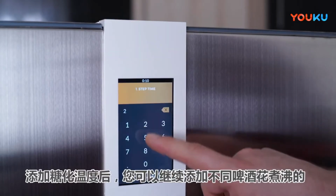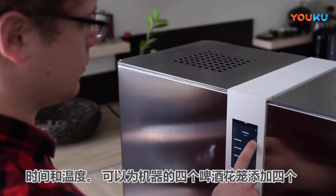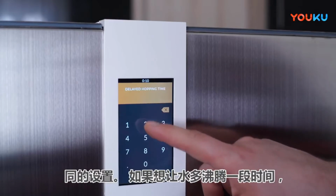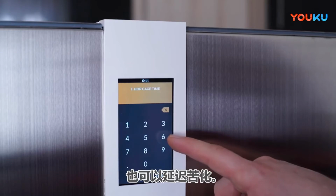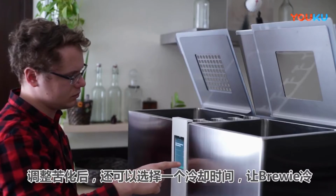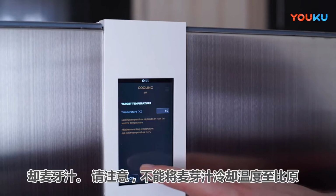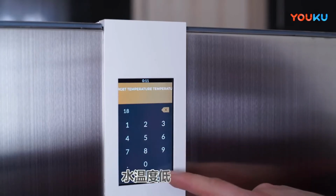After adding the mashing temperatures, you can carry on and add the length of boiling with different hops. You can add 4 different settings for the 4 hop cages of the machine. You can also delay hopping if you wish to keep the water boiling for some time. Once hopping is adjusted, you can also choose a cooling time to which your Brewing will cool down the wort. Take note that you cannot cool down the wort to a lower temperature than the original water inlet plus 5